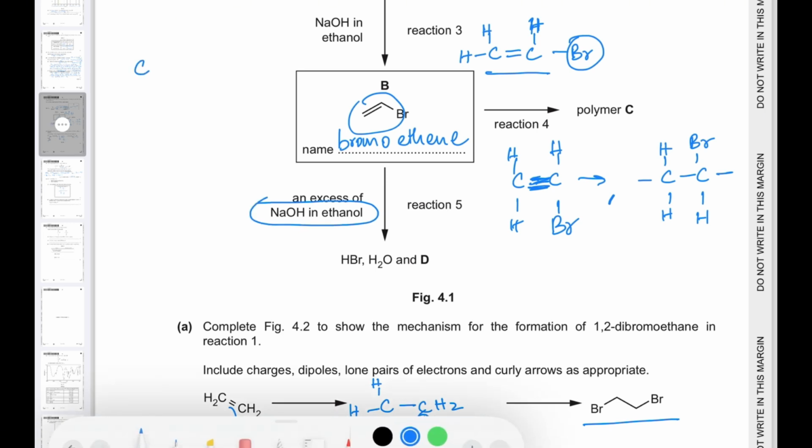So let's say you had bromoethane, right? If it reacted with sodium hydroxide in ethanol, that would have eliminated firstly the halogen over here,